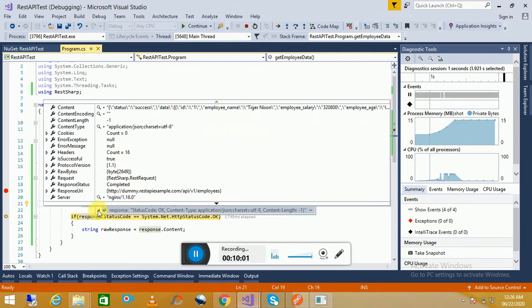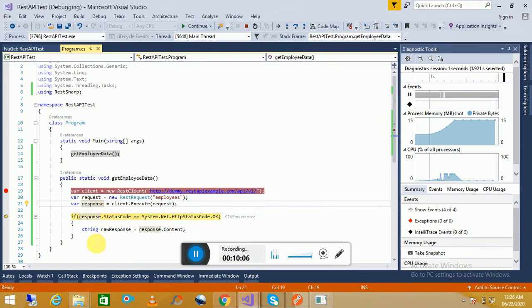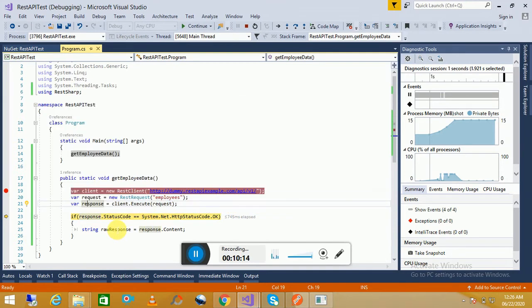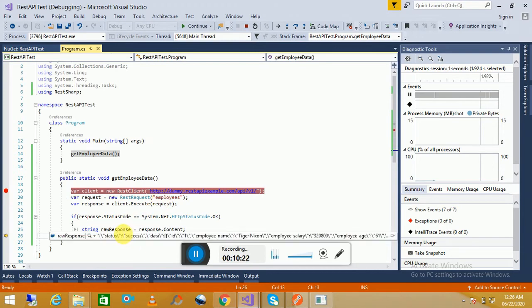You can see we are getting okay. That means it works. And from here we can see the content. We are getting also the content from here. This is the raw response.